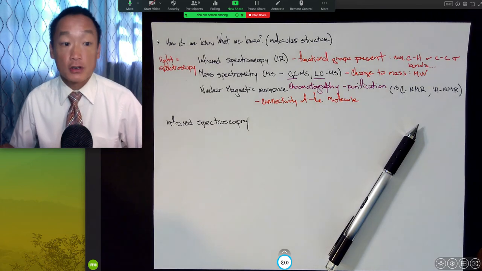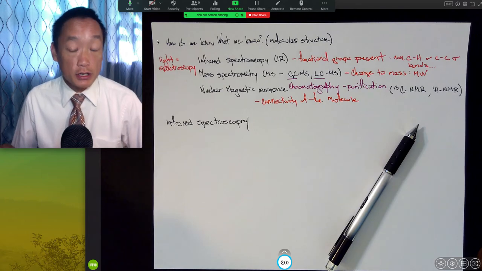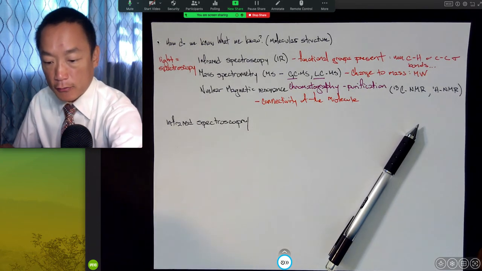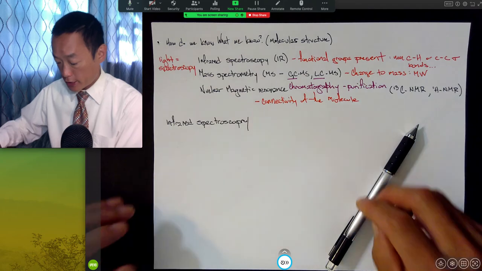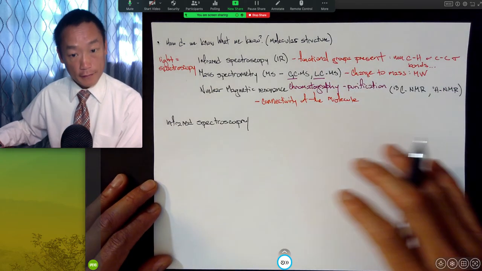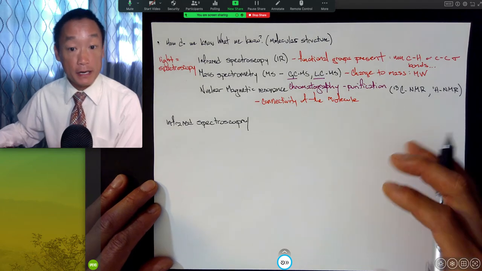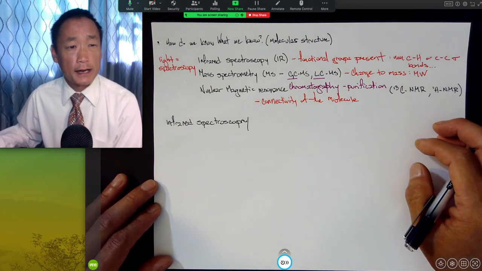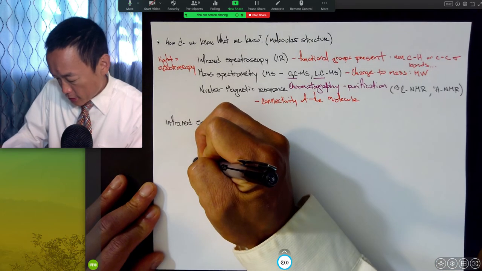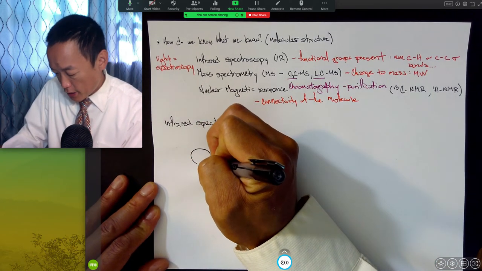And as a result, the energy of the bonds in that molecule can all be tuned and excited with this IR light. So what I'd like to do here is first sketch out the schematic of this and talk about what's happening inside an instrument. The schematic is such that you have really a light bulb.